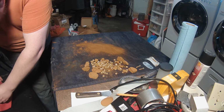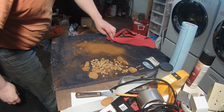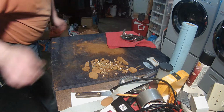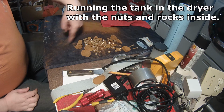Okay, I got a little bit more work done on the gas tank. All these parts here turned out really good. This is the result of